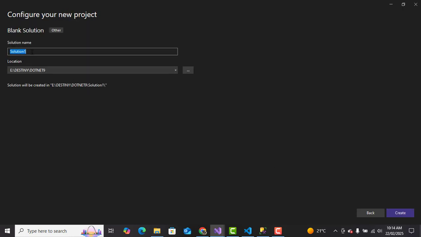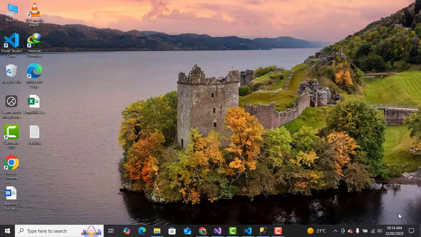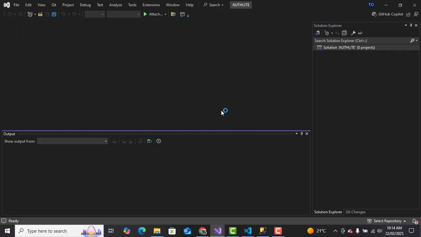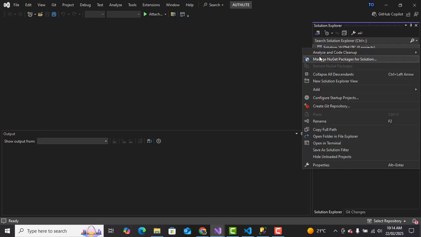Next, here we'll say Authlight. So create. So we have this blank solution here, Authlight. Then we will set it up to ensure that it follows the clean architecture. So we will have,